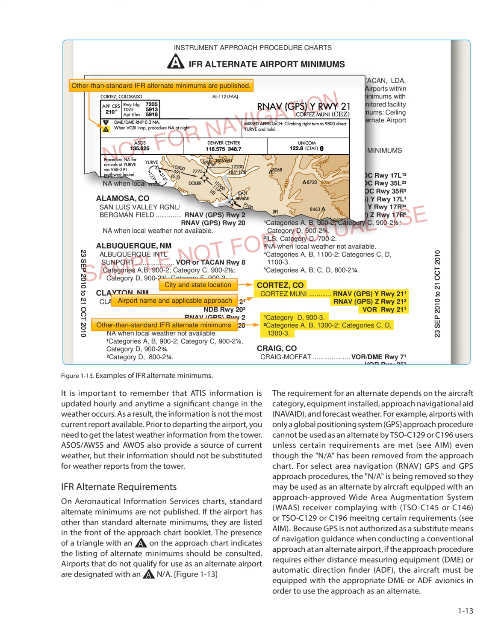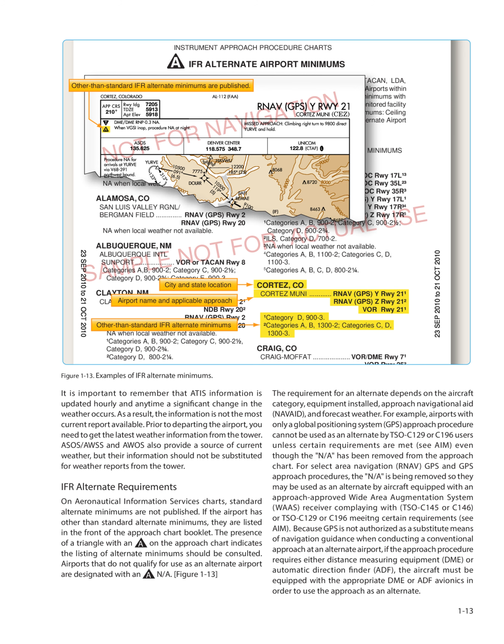Airports that do not qualify for use as an alternate airport are designated with an ANA. Figure 113, the requirement for an alternate depends on the aircraft category, equipment installed, approach navigational aid (NAV-AID), and forecast weather. For example, airports with only a global positioning system (GPS) approach procedure cannot be used as an alternate by TSO C129 or C196 users unless certain requirements are met (CAIM), even though the NA has been removed from the